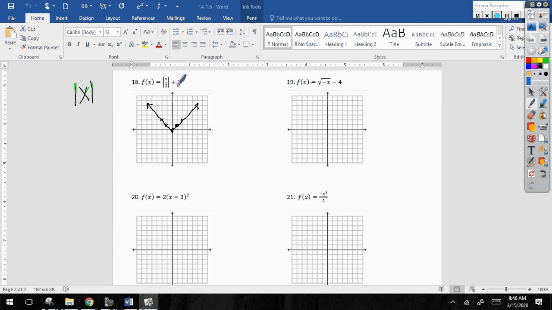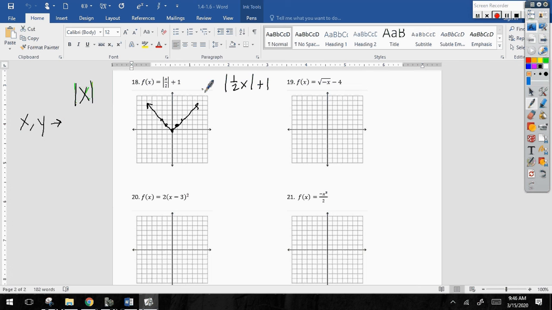Okay, now the next thing you need to do is your horizontal shrinks or stretches. So this is the same thing as 1/2 x plus 1, just like we talked about at the beginning. If you use your little half sheet, your little cheat sheet, you'll see that whenever I have a horizontal stretch or shrink,